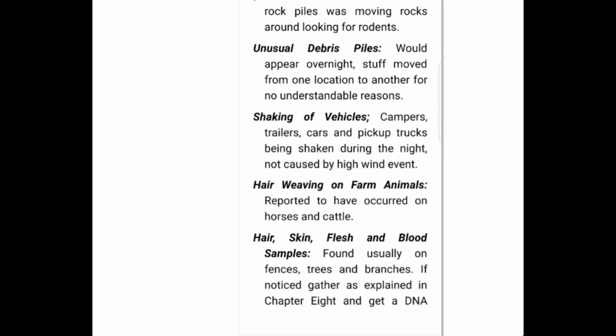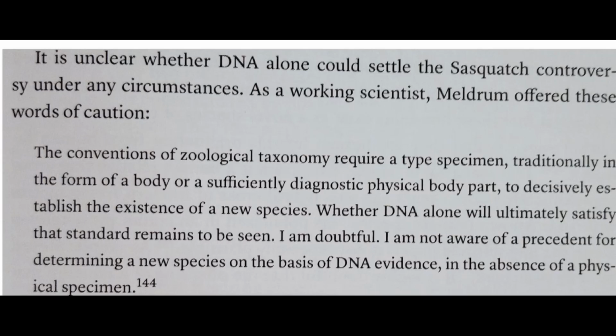Kind of onto samples now. The DNA, I don't know if it's going to prove it or not, even if you did have DNA. Everybody knows Dr. Meldrum. Dr. Meldrum states that it is unclear whether DNA alone could settle the Sasquatch controversy under any circumstances. As a working scientist, Meldrum offered these words of caution. So this is what he said right here. The conventions of zoological taxonomy require a type specimen. So what he's saying is that DNA probably won't prove it, that we need a specimen,